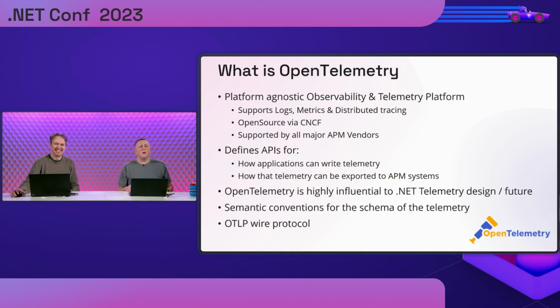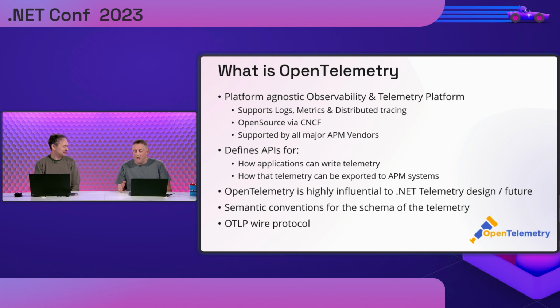So let's start with what is OpenTelemetry. Well, up till a couple of years ago, if you were going to add telemetry to your application, you would need to pick an APM vendor. APM is Application Performance Monitoring or Application Performance Management. The industry can't decide what the acronym actually is. Anyway, you'd pick one of those, and they'd give you an SDK, and you would write code in your app